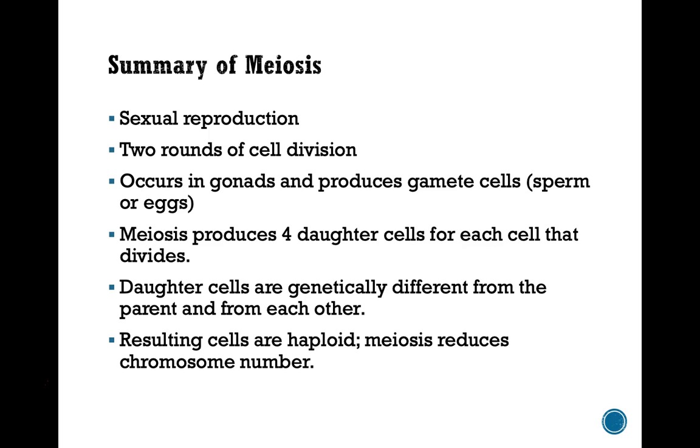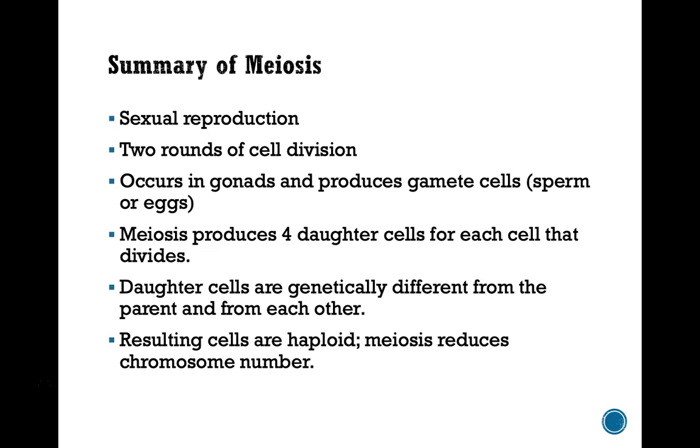All right, meiosis produces 4 daughter cells. Each of those daughter cells are genetically different from the parent and from each other. So even if you took 4 daughter cells from the same division, so say that was 4 sperm cells from the same division, and fertilized even the exact same egg, you would have genetically different individuals, just because the sperm's chromosomes are different. And then you have the egg's chromosomes that are also different. So we get a huge amount of genetic variation through this idea of meiosis and sexual reproduction.